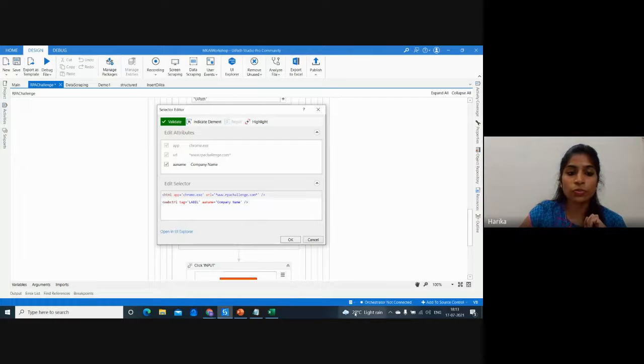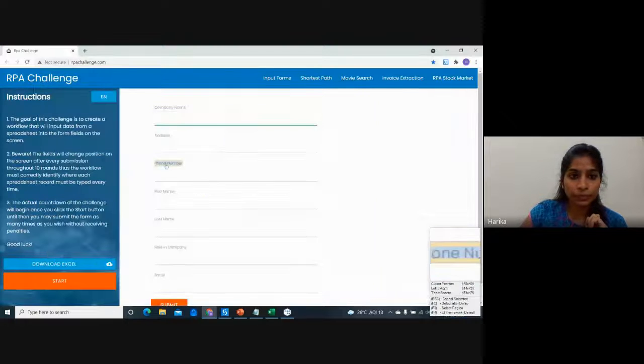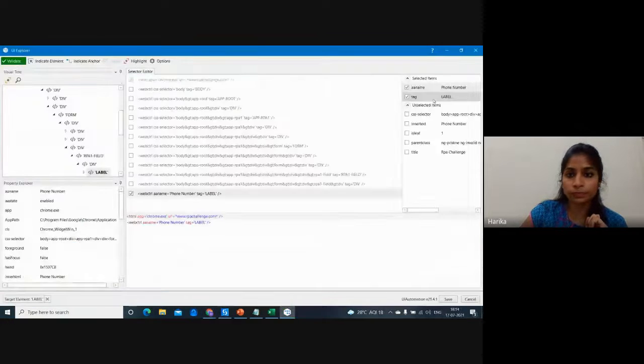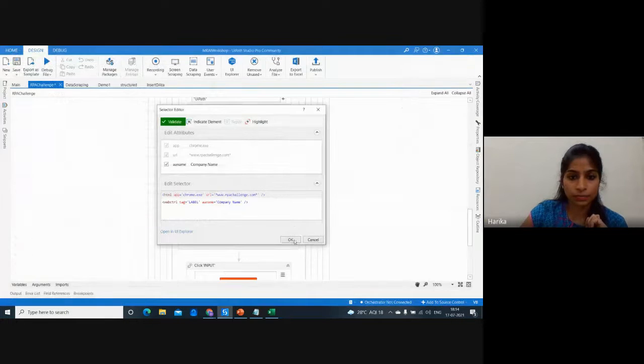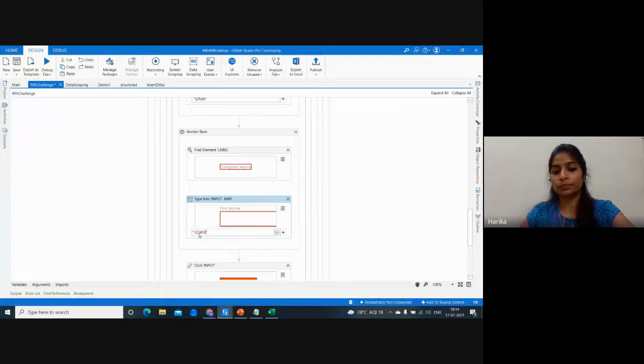So for that I'll just go and change the things in UI Explorer. I'll just indicate, go and select phone number and then select the phone number. It's done, and then save it and then say okay. This got saved, and then just provide the phone number value here. The same way you can do for this.